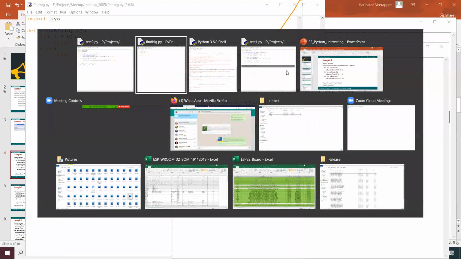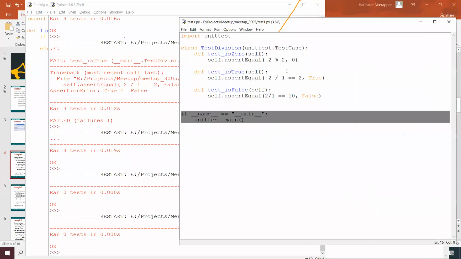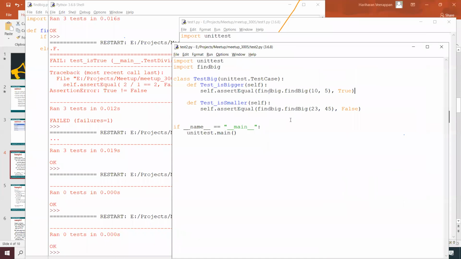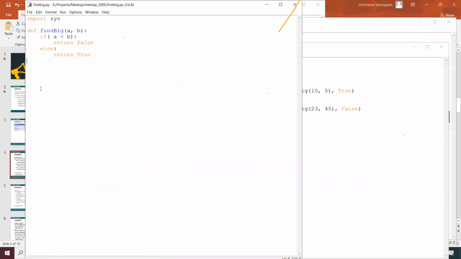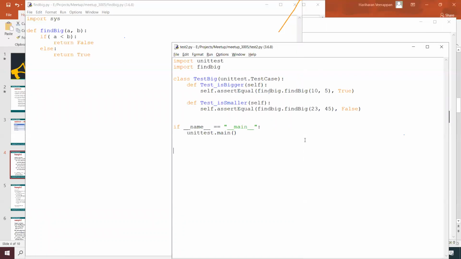We have no need to create a typo, second assert equal.